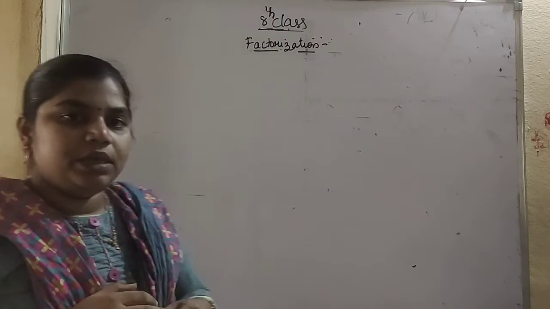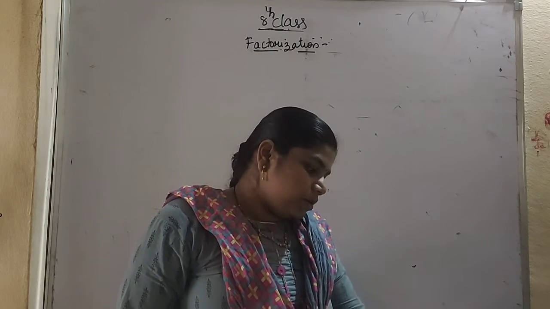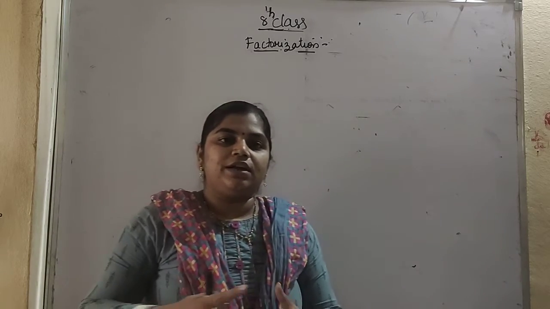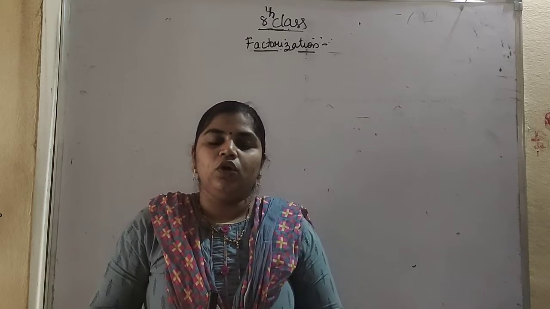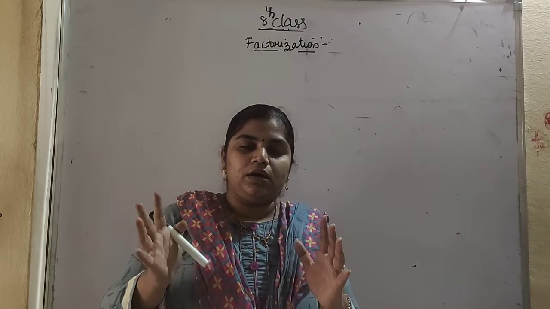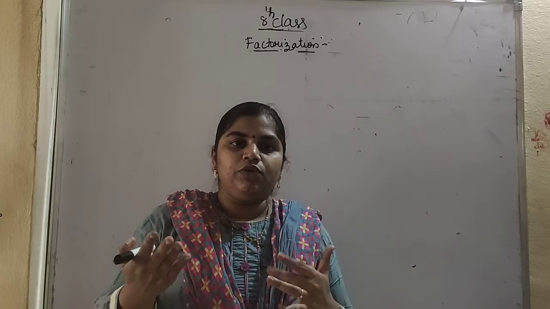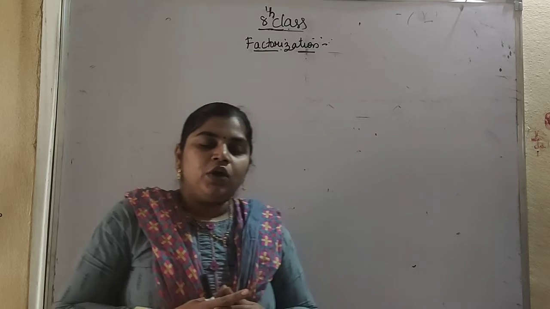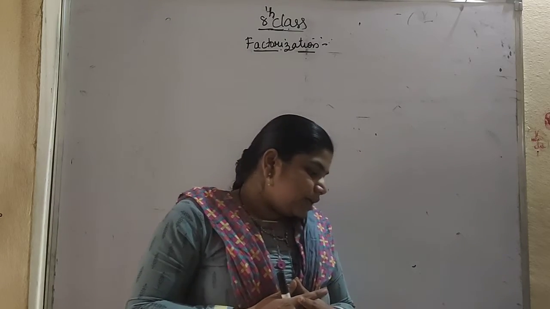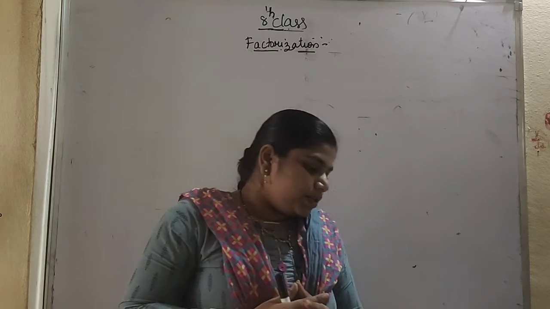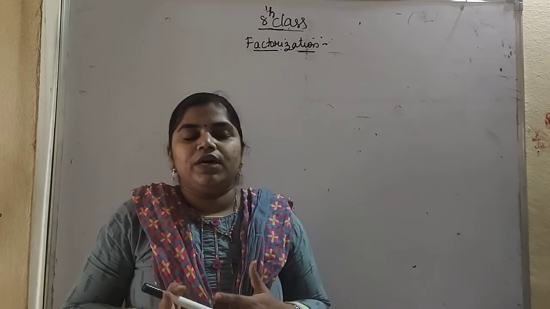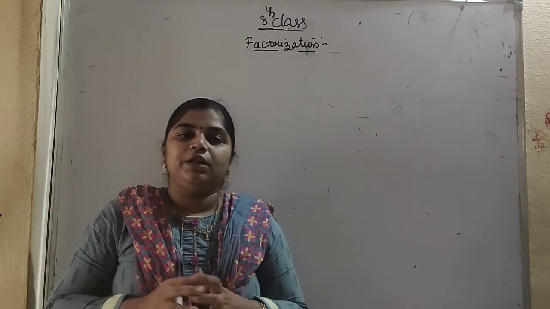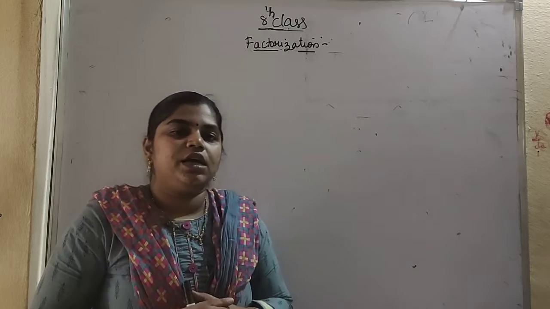So what do you mean by factorization? What do you mean by a factor? Factors are nothing but numbers that divide a given number exactly, so you get the remainder as 0. Whenever the remainder is 0, the divisor value, the quotient value, or the dividend value will become a factor of the given number. Factor is nothing but getting the remainder as 0. After getting the remainder 0, the dividend value, divisor value and the quotient values will become the factors of the given number. That means they are exactly divisible into the given number.